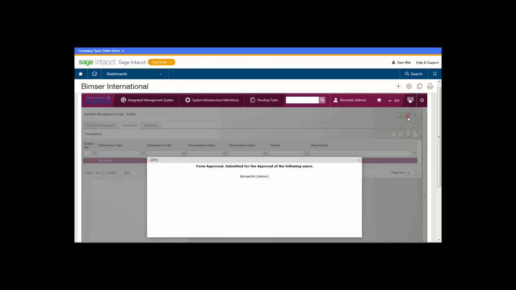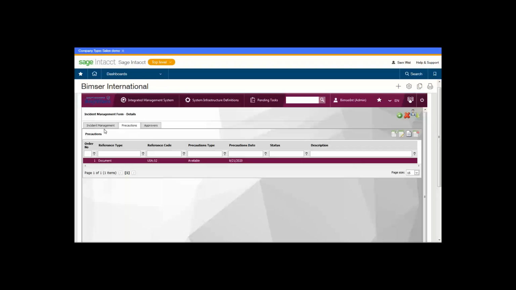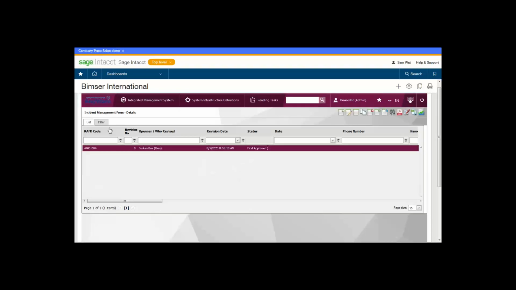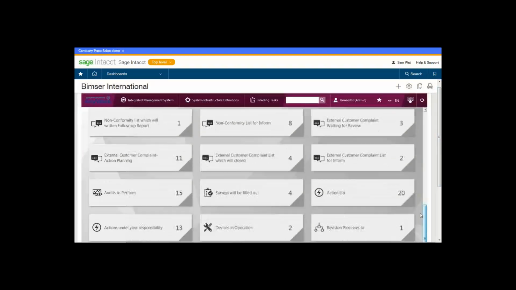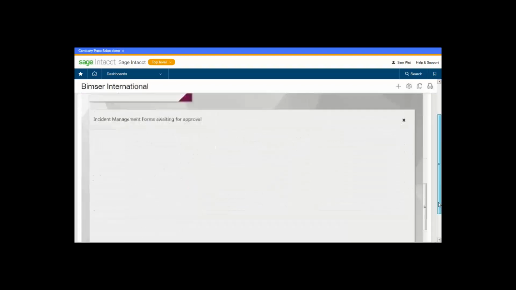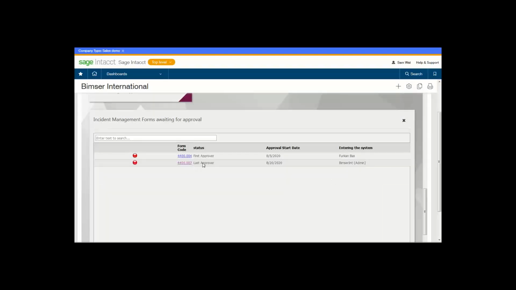So in this demo, we have two layers of approval. We did one, and now it comes to the second approval. Again, we can find our approval request on our homepage. As now I'm the approver of this record, I can manage it again, go to my homepage, and see the record that is waiting for my approval. So now we are at the last approver status,